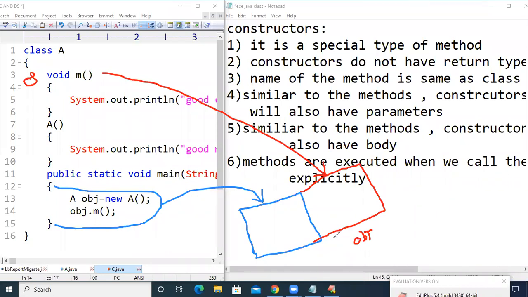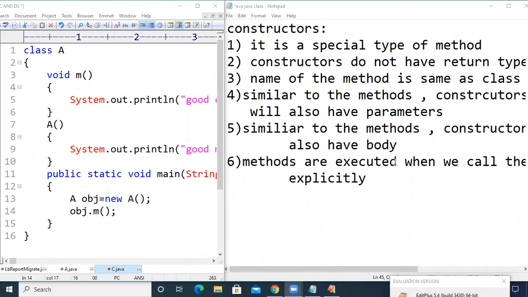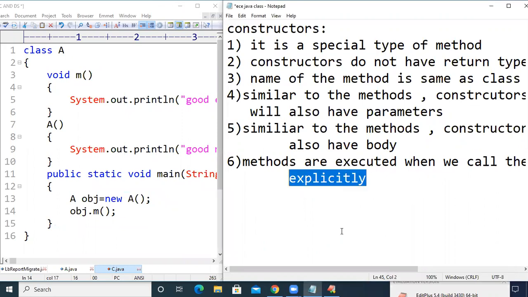If we want to execute the method m which was present in obj, we need to call it with obj.m. If we don't write this statement, the method m will not get executed. So that is the point we have discussed here. Methods are executed when we call them explicitly.